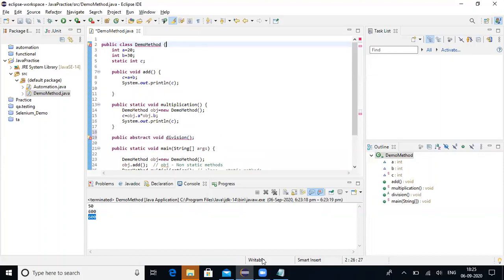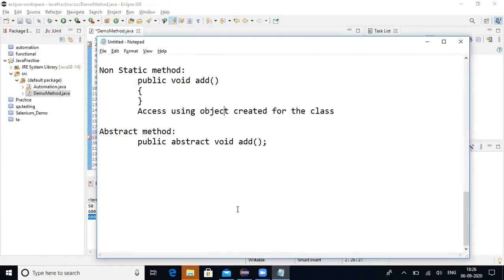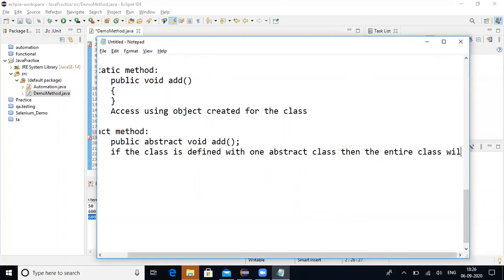Okay, we are going to discuss this in abstract class. So if the class is defined with at least one abstract method, then the entire class will be treated as abstract class.